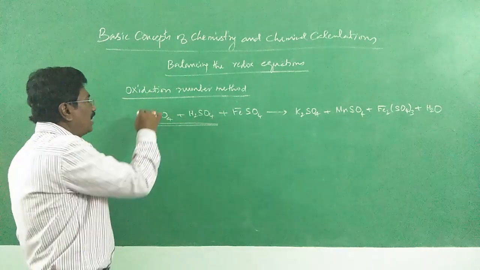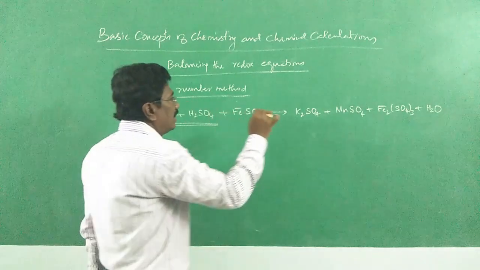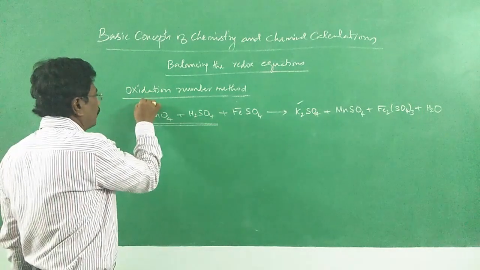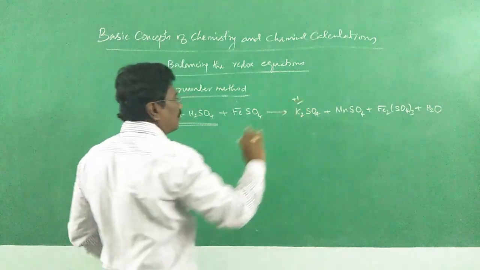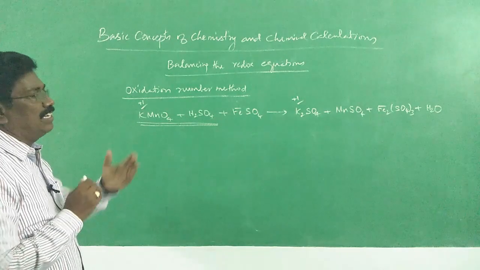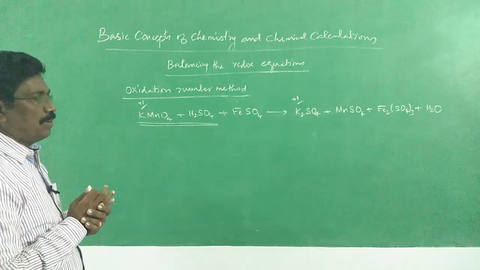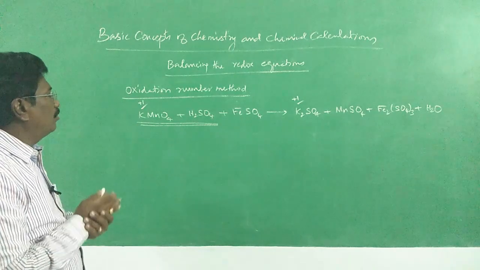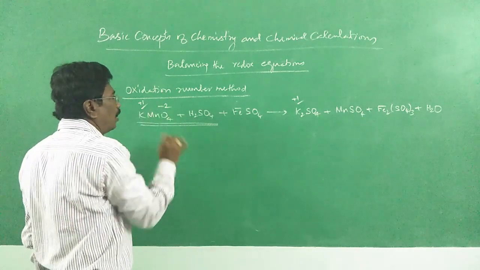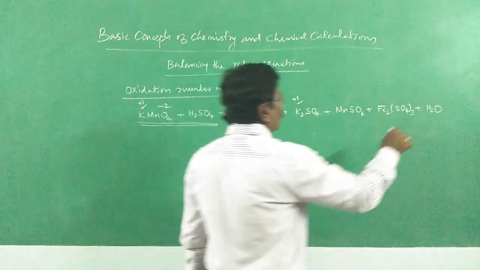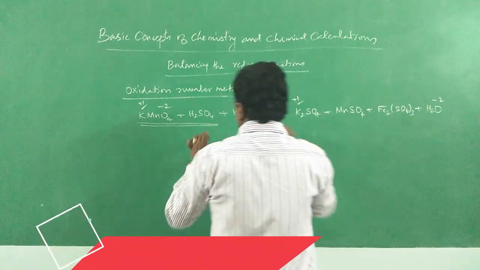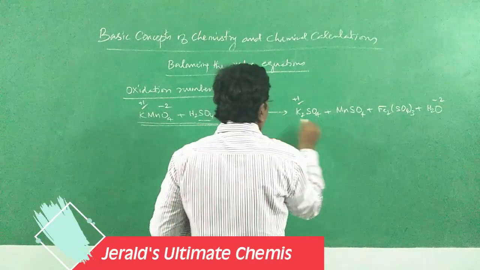Here potassium is an alkali metal. It exists in both the compounds as +1. There is no change in the oxidation number. We need not find out. And then oxygen, it is not in the form of peroxide, superoxide, or with halogen, something like that. Different forms we have seen. So oxygen in all its compounds is -2 only. Here also -2. Of course, I didn't mention oxygen in sulfate, because in all sulfate, oxygen will be in -2.